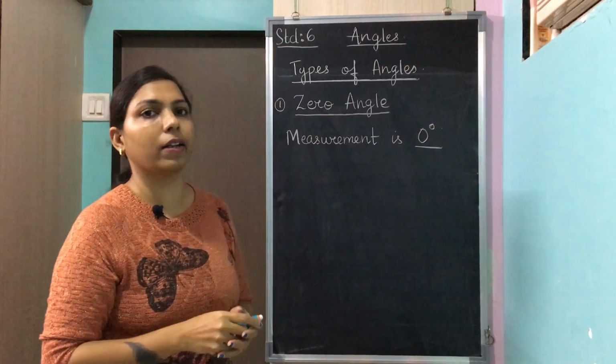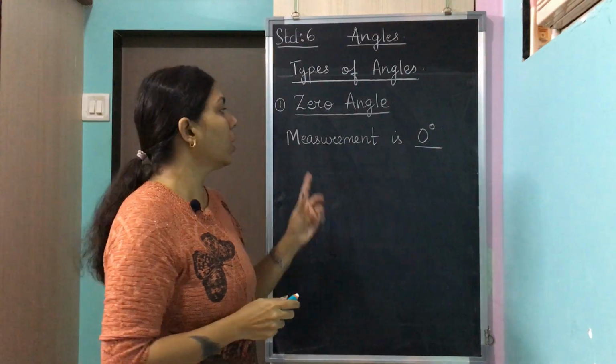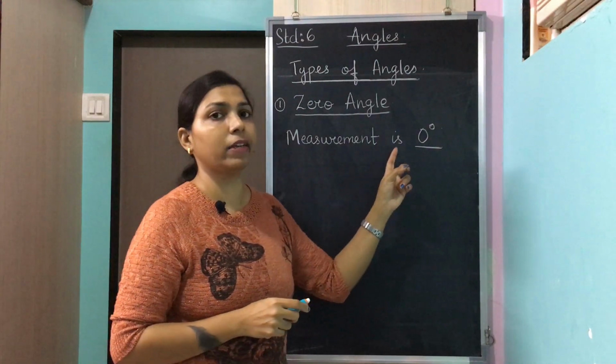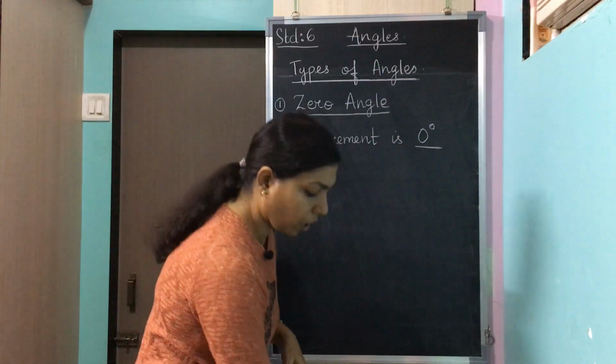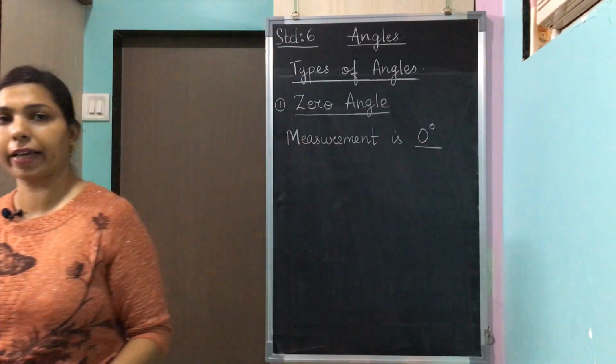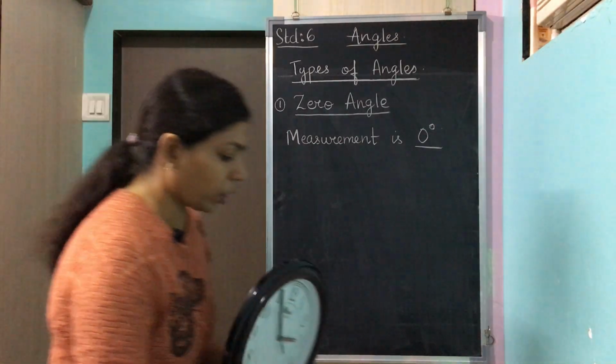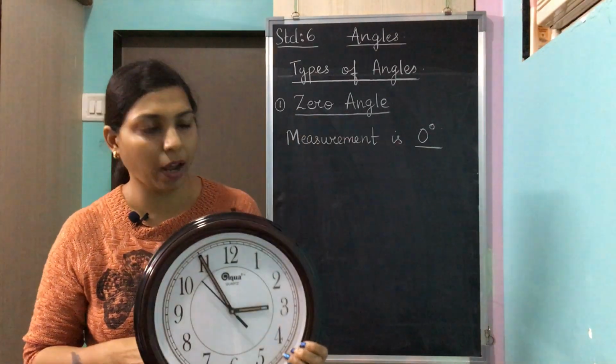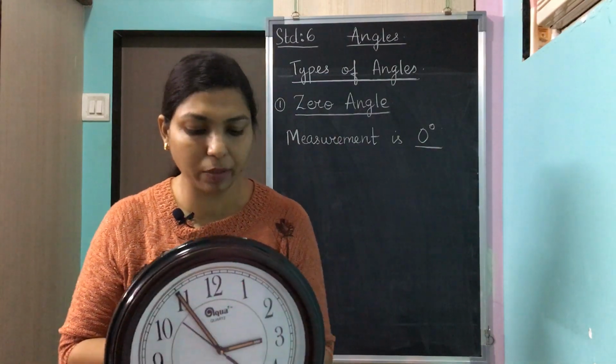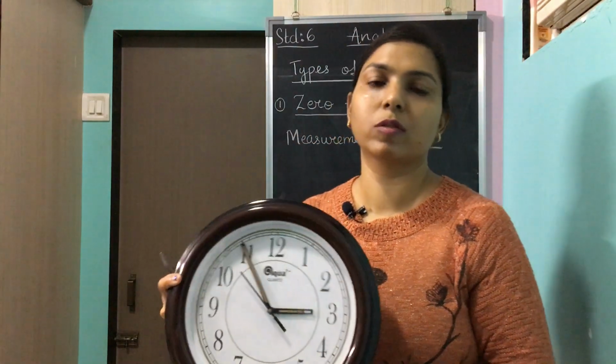Now a zero angle is an angle in which the measurement of the angle is 0 degrees. Now how do you understand that? For that I'll take the clock again. Okay, we have the clock over here, and if I have to keep both the arms of the